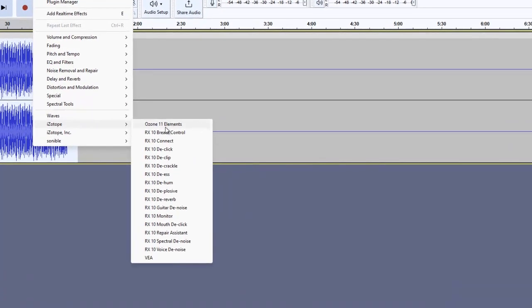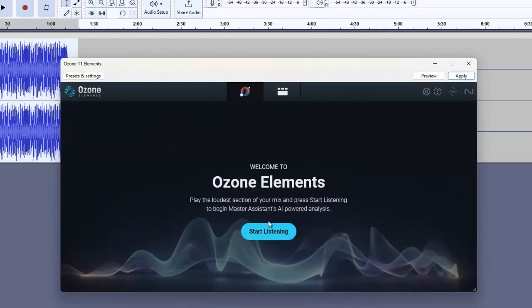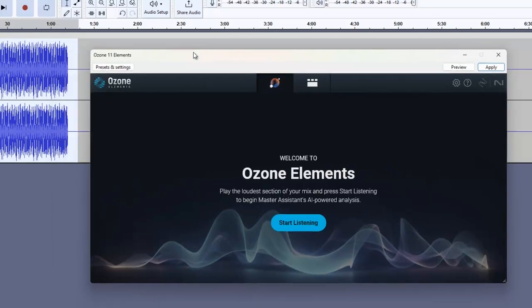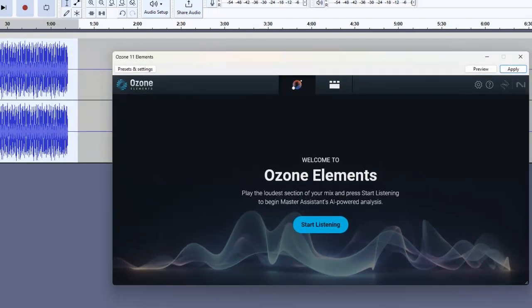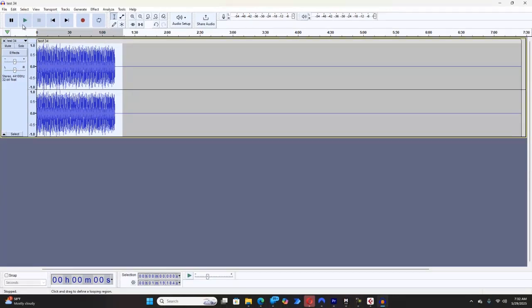I think Elements actually, it's 11 though. Let me just see. See, Elements is cool. I'm just going to show you this real quick, and then I'm going to end this video because it's kind of long. But if I was trying to master this, right, I would play this here. First of all, I'd start playing, and then I would go into